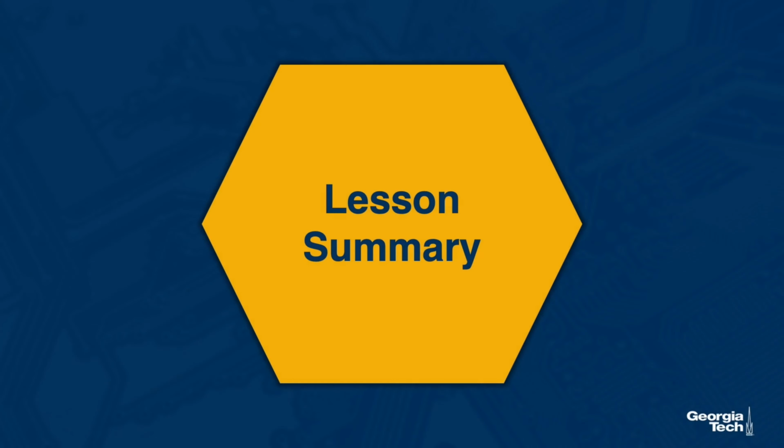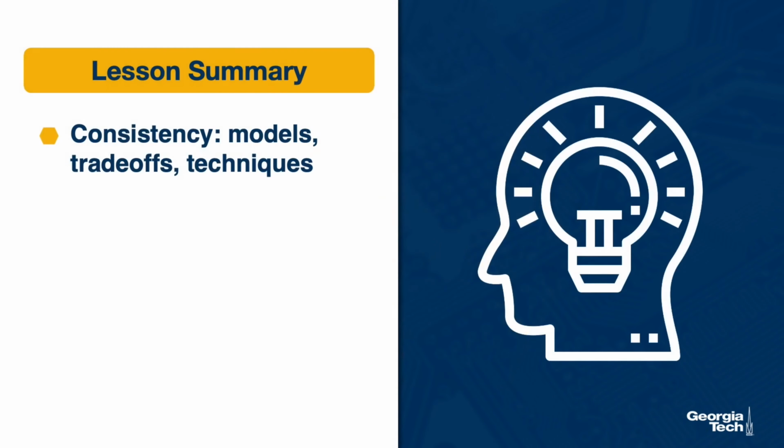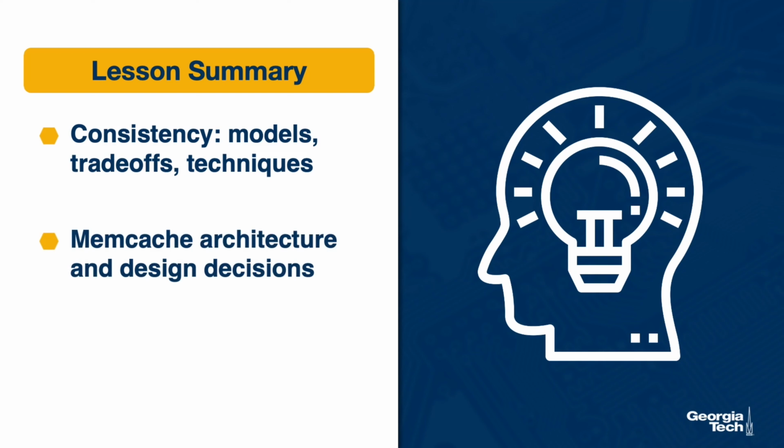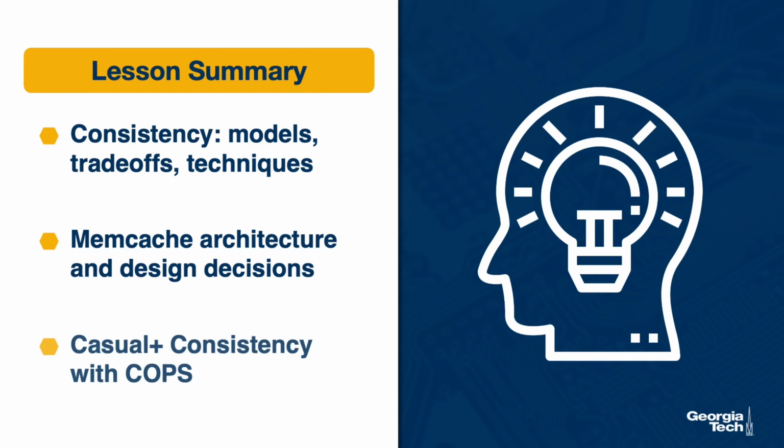In summary, in this lesson, we talked about some practical aspects of implementing consistency. We summarized a few consistency models and the trade-offs they introduce. We talked about different techniques that provide system-level support for realizing a given consistency model. And we used Memcache as an example of a system which was used at Facebook, and this gave us an example to illustrate how these types of techniques can be used to build a real solution. We also mentioned some other more recent ideas on new consistency models, which are useful for globally distributed services that operate at large scales.